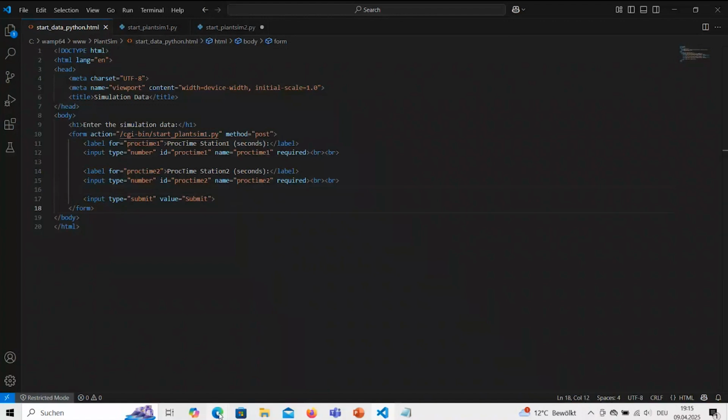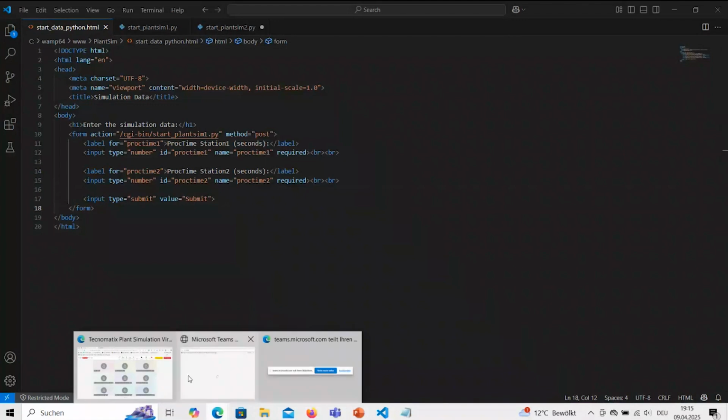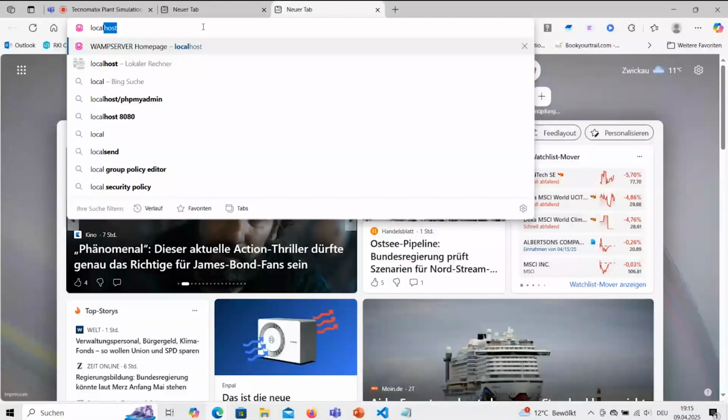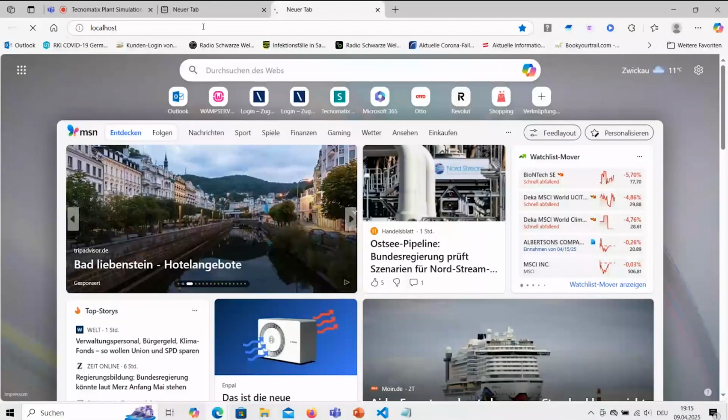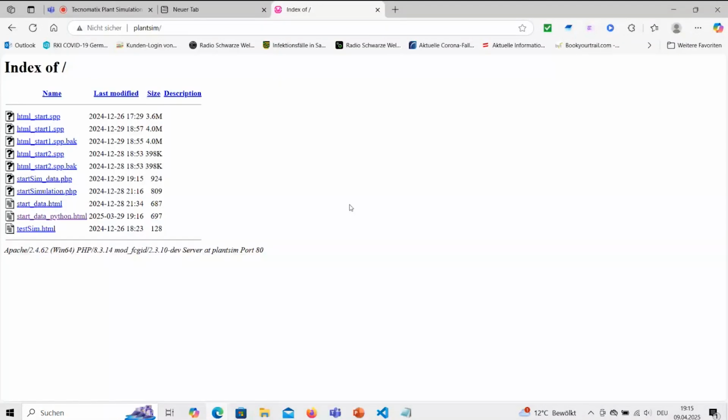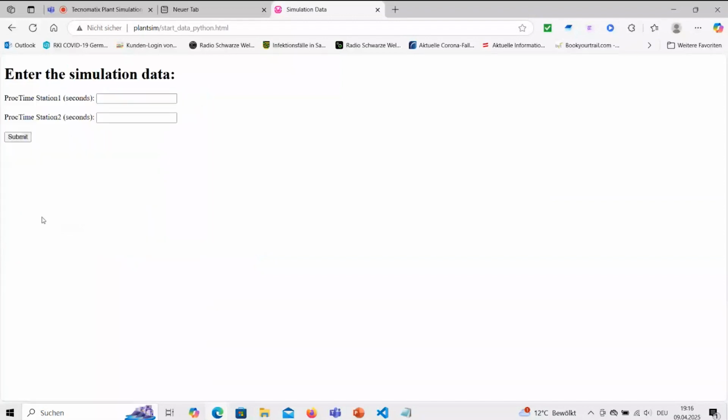And I can open this in a browser. My HTTP server is now running on localhost. And I have here one virtual host with the name Plansim, and start data Python HTML is my file, and this is my front end.